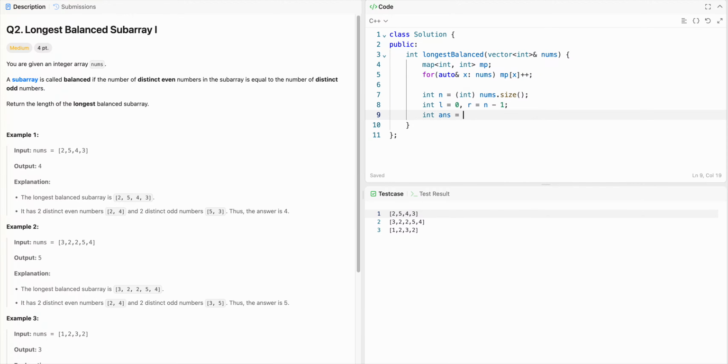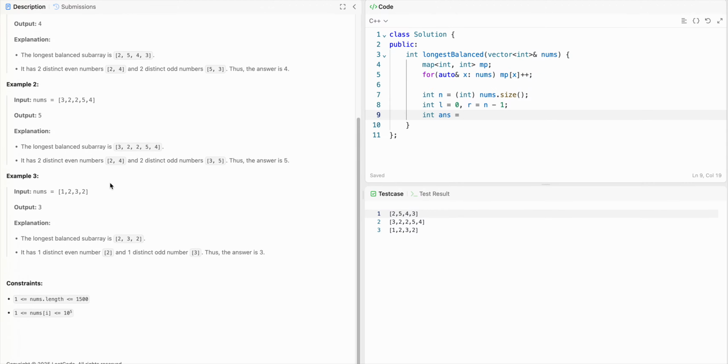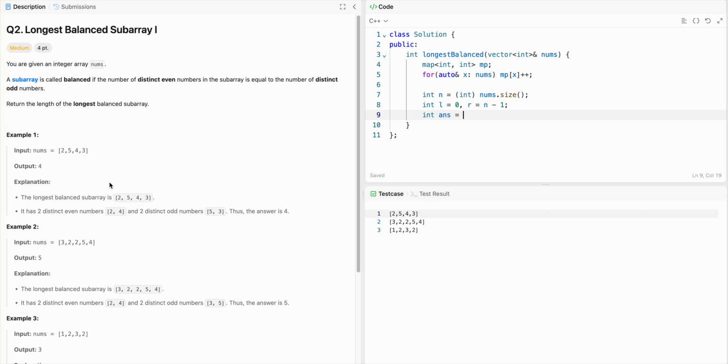Our answer is always, well, if the size is 1, then it would never be balanced. So r should be greater than l, and then we'll just see that